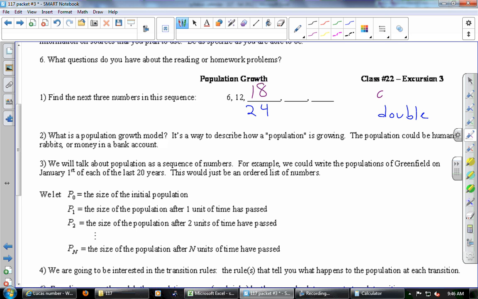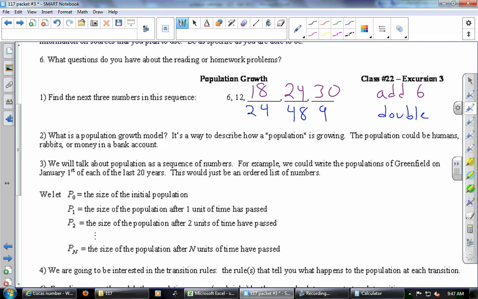Yeah, so if we just add 6. And so it's not clear. In fact, both of these answers are perfectly legitimate. Let's fill in the rest. If we're adding 6 every time, what goes after 18? 24, and then 30. If we are doubling every time,